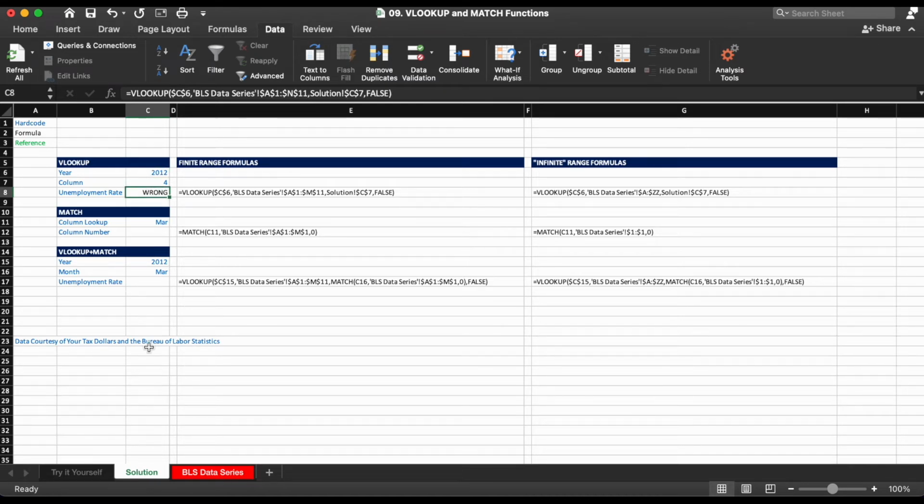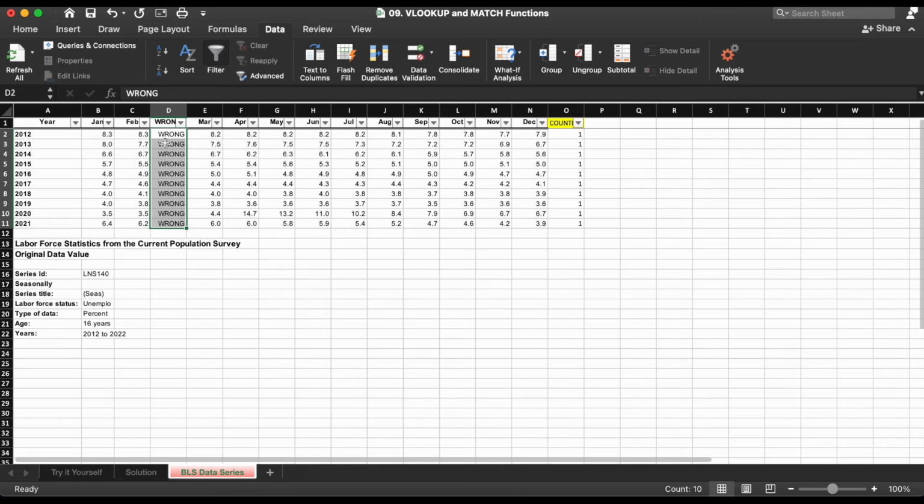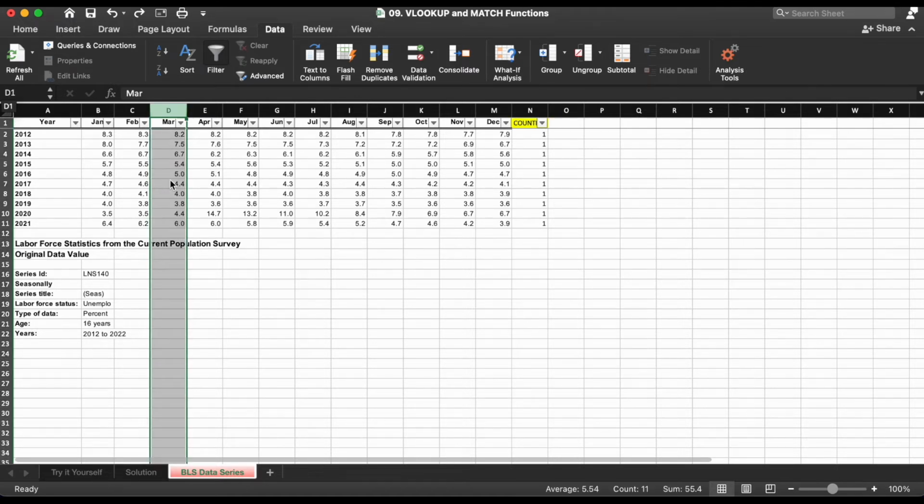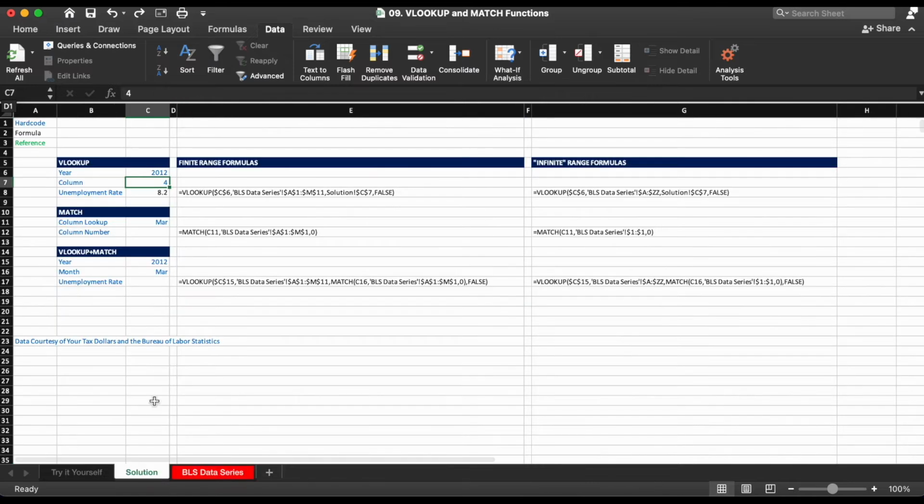So now our formula is returning the value wrong. And so why is that? And again, if you remember, because we hard-coded how many columns to go over, and then we inserted a column, instead of getting March, which is what we wanted, we end up getting this wrong. So it still goes over 1, 2, 3, 4, but March is now actually 1, 2, 3, 4, 5. Okay, so let's delete that out. Just undo a couple times. Now we're back to how we should be, so we're happy about that.